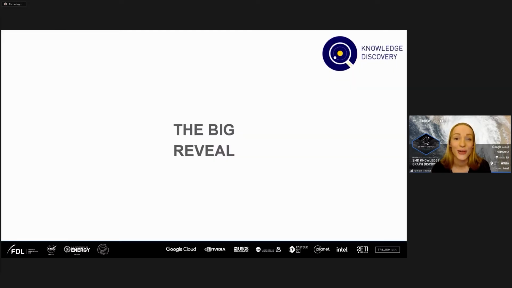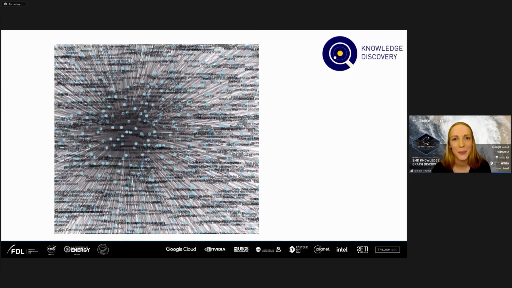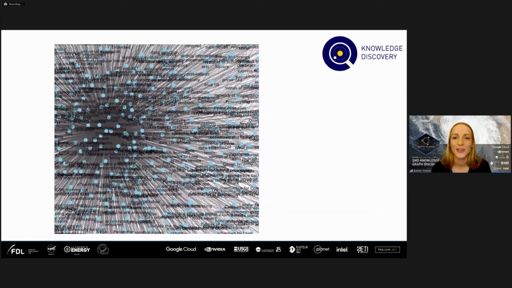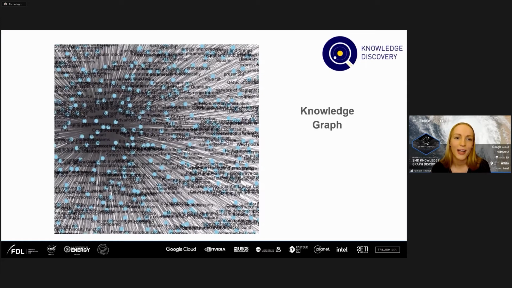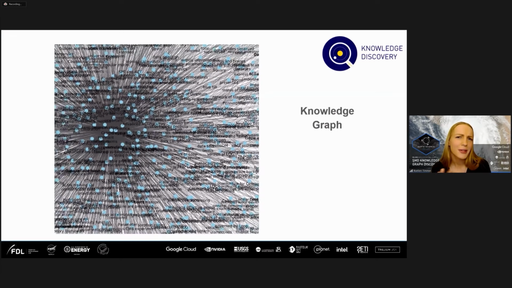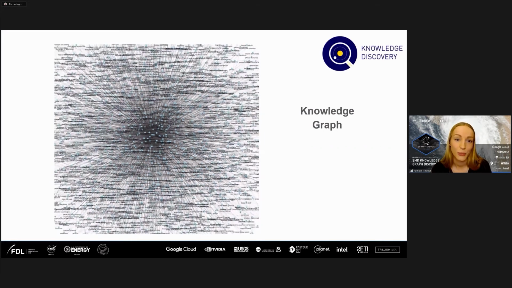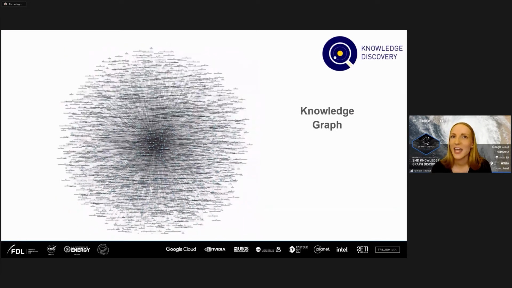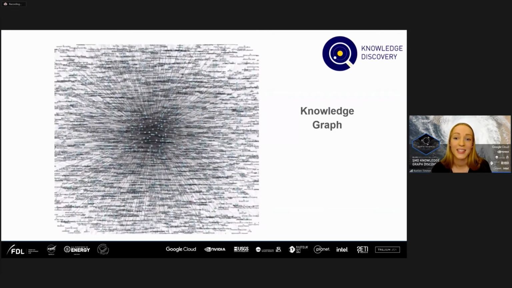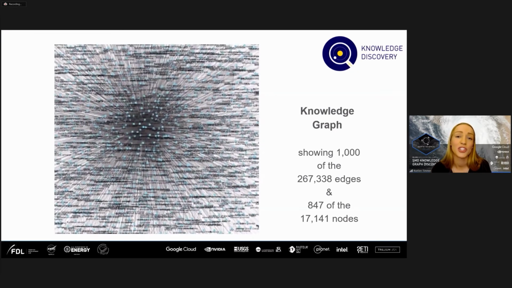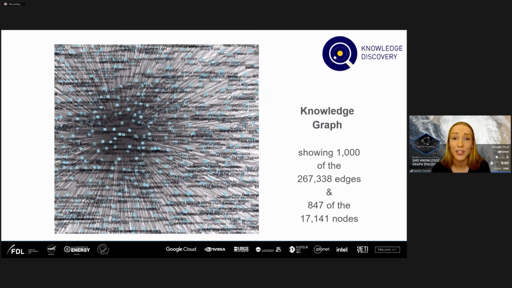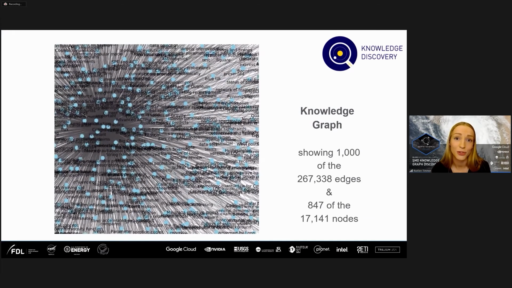Now, I'd love to show you one of the knowledge graphs that we created. Here we go. This knowledge graph was created by extracting keywords from archive abstracts, and the edges are based on co-occurrences. This graph looks a little bit like a bloom, and we will come back later to the term bloom. As you can see, it's massive and super complex. This image alone just shows 1,000 edges, but the original knowledge graph has about 250,000 edges.